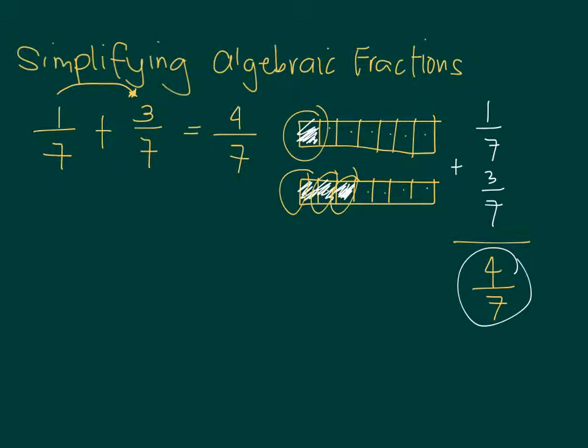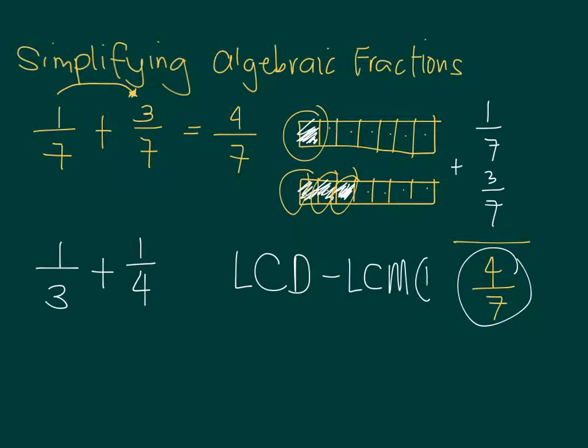Okay, but the case is different when you add fractions with denominators that are not the same. So for example, if I want to add 1/3 and 1/4, then I have to use what we call the LCD. The LCD is the least common multiple of the denominators. Now, some people can easily spot the LCD of 3 and 4